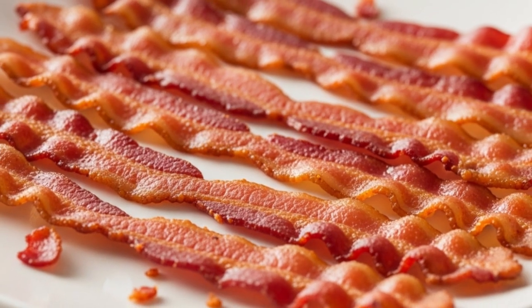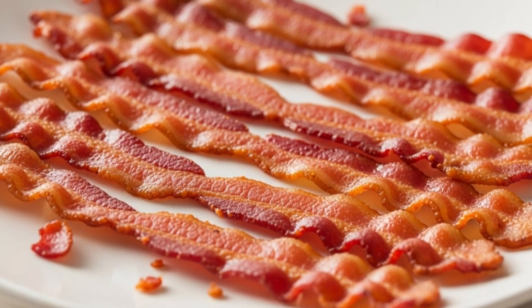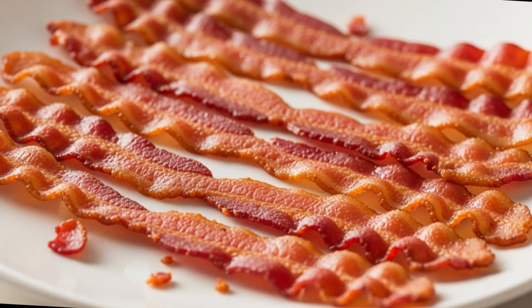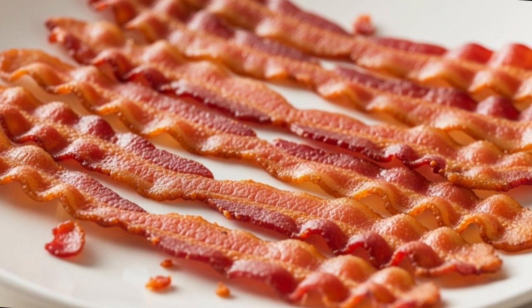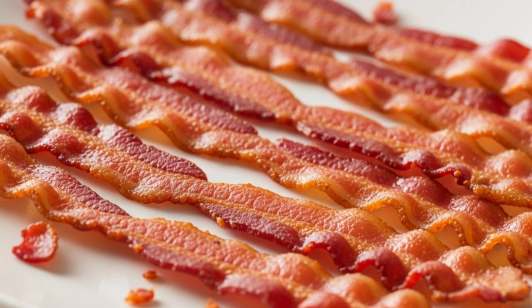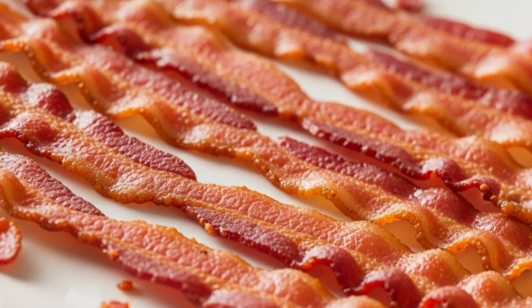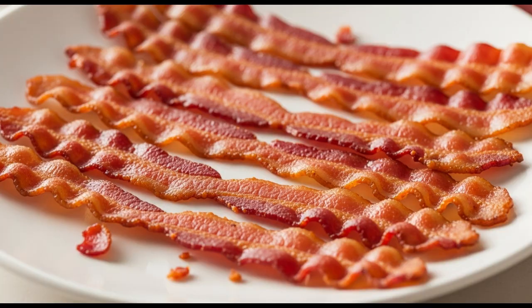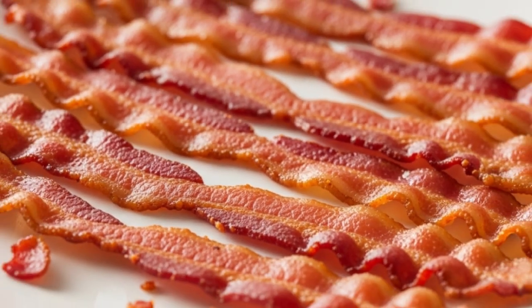The final verdict? The bacon aisle is split between companies that respect pork and companies that exploit your breakfast budget. Every time you buy a package, you're voting for the kind of food industry you want to support. Avoid the corporate shortcuts, water-injected scams, and fake smoke marketing tactics. Choose the brands that still make bacon the way it's supposed to be made, with real pork, real smoke, and real